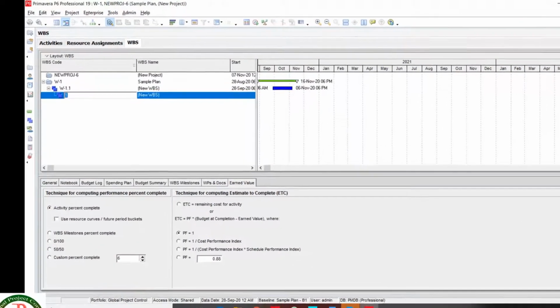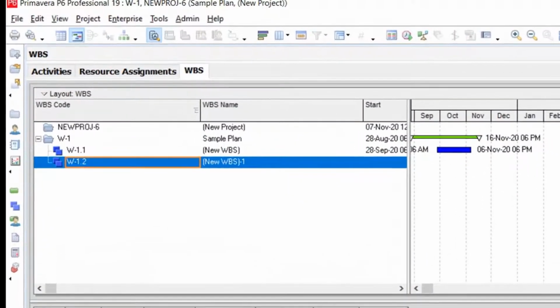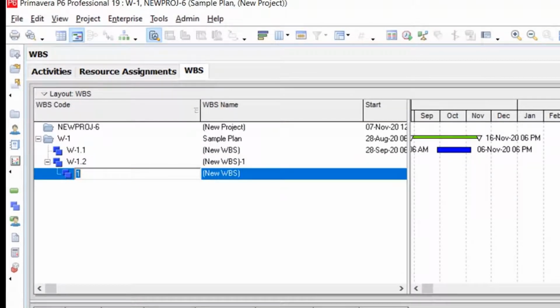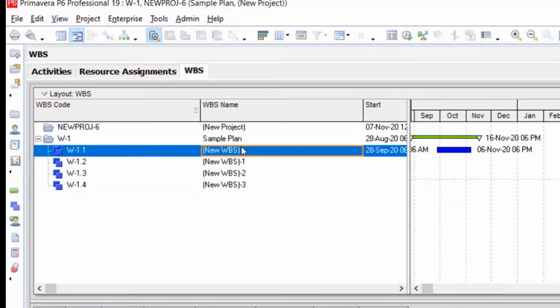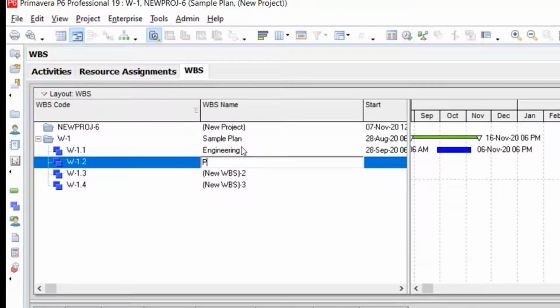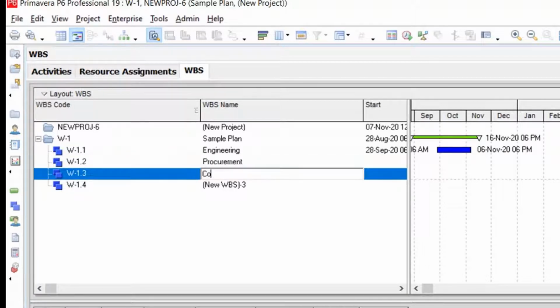Each project has its own hierarchy, so you should build it first and then rename it. For instance, a big project has engineering, procurement, and construction,